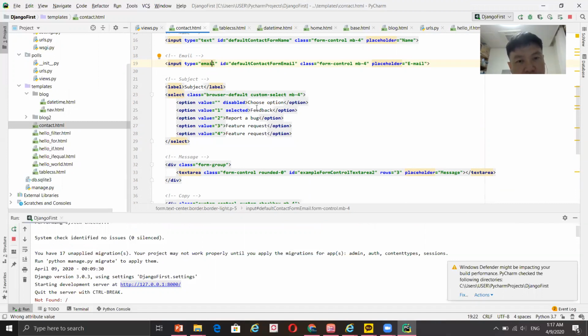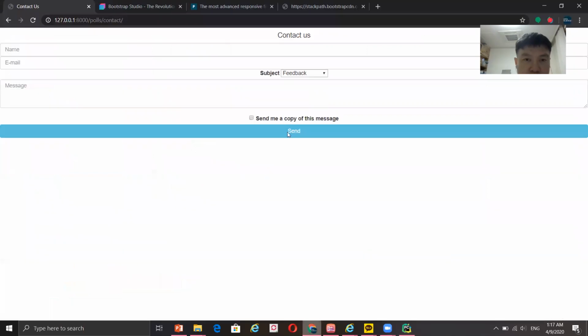But the next is the feedback, report a bug, feature request, and so on. So the selected means the first option that you will see here. You have the feedback, and then the choose option you cannot click, but the others you can click. Okay,